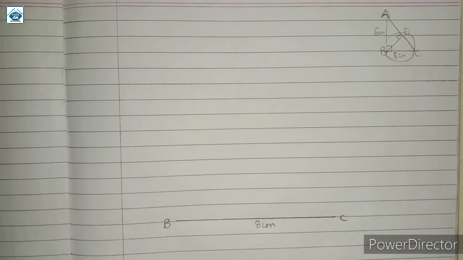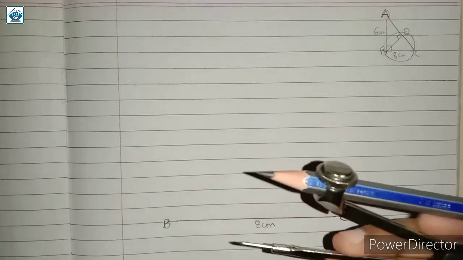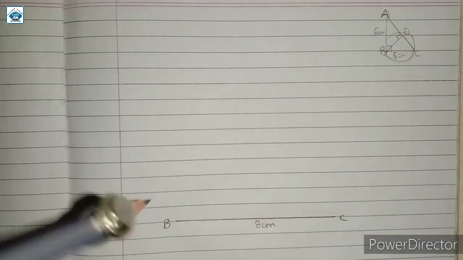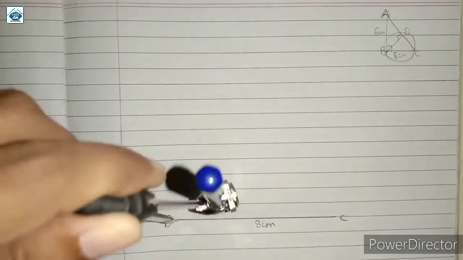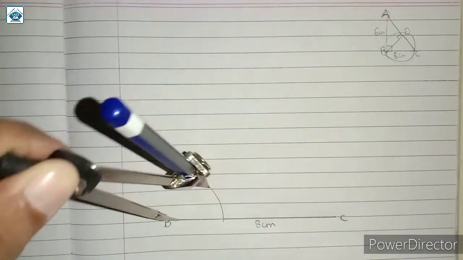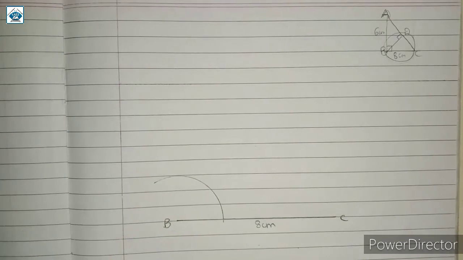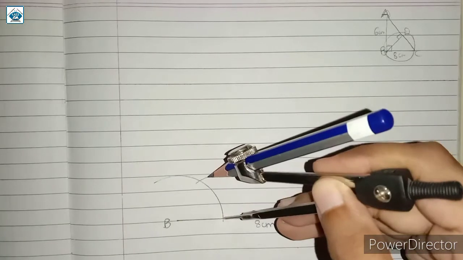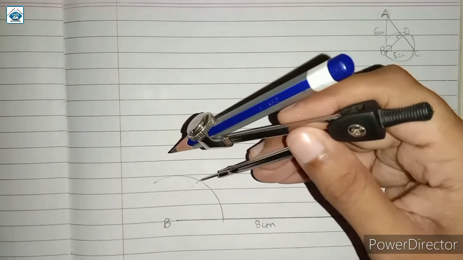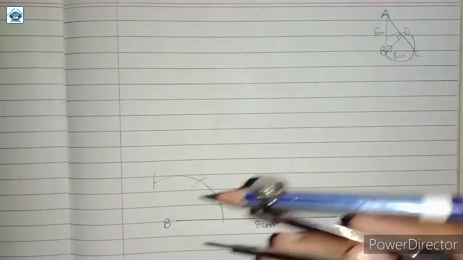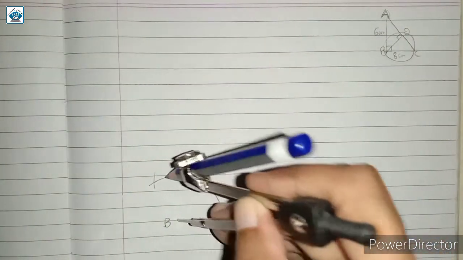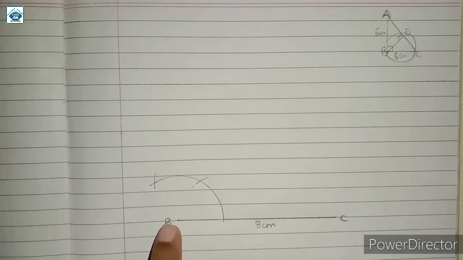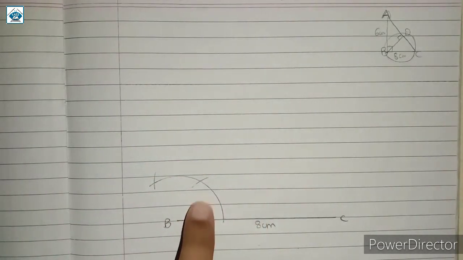We are told that angle B measures 90 degrees. So let us construct a 90 degree angle. Take your compass. Take any fixed measurement as a radius. Keep the pointer at point B and draw an arc like this. Keep the pointer at this point, draw another arc, and from this point draw another arc. Here let us get the point of intersection, and now we are going to bisect this distance. If we join B and this point we get 60 degrees.